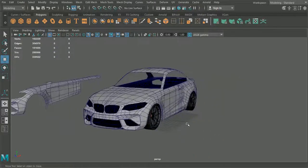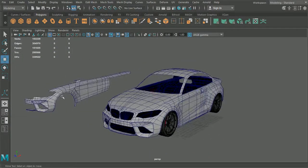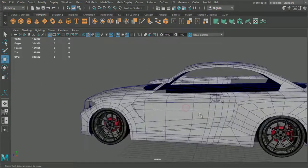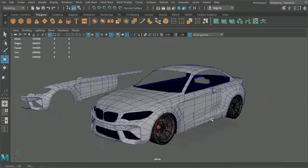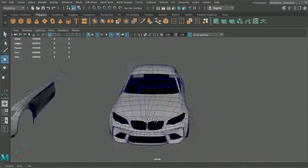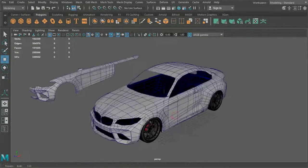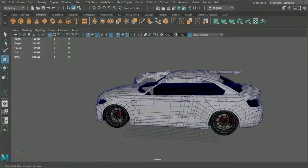Now what I'm going to do with this file when I overwrite it with the next file is keep this here just for now, just to make sure that we're going to be sat right. And if that's not going to look any good, we can just replace it with the existing panel. Obviously we have one here as well, but that'll be swapped over. So I think what we'll do now is have a think about